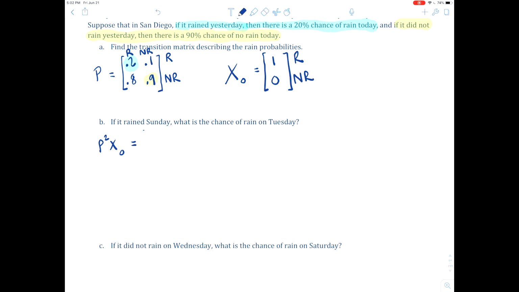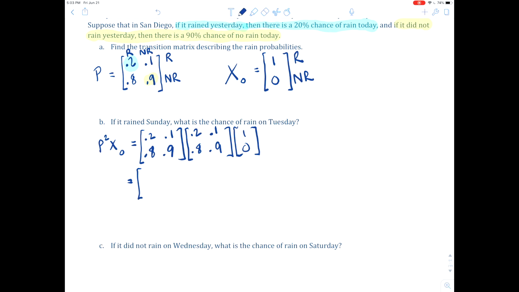We can just do it by hand, I guess. So we'll have 0.2, 0.1, 0.8, 0.9 times 0.2, 0.1, 0.8, 0.9 times 1, 0. And that's going to give us